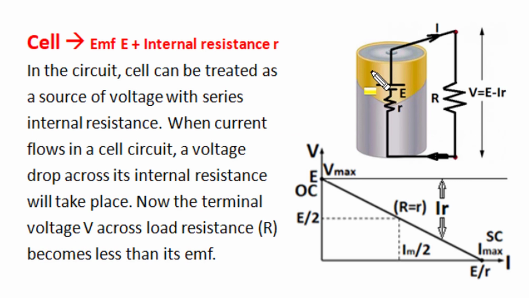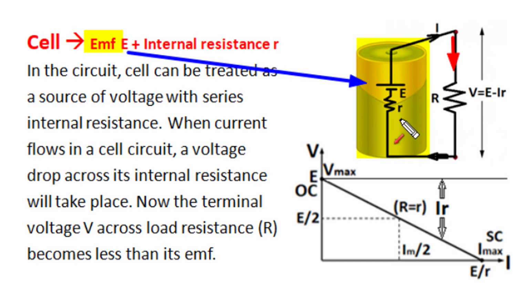In any electric circuit, a chemical cell is a series combination of source EMF and internal resistance. When the cell supplies current to an external circuit, a voltage drop in the internal resistance takes place, and this voltage drop increases with an increase of current supplied by the cell. The internal resistance voltage drop is subtracted from the source EMF to get the terminal voltage across the load resistance, and the higher the current supplied by the cell, the lower the terminal voltage available across